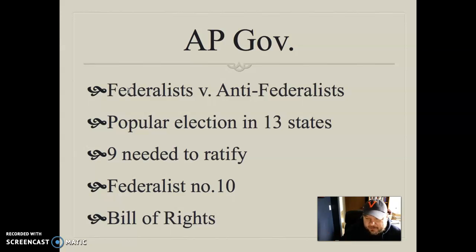Again, I should say no TVs or internet back in those days. What they did have was newspapers and pamphlets. So what the Federalists did is they started cranking out a bunch of essays known as the Federalist Papers. One of the popular ones that talks about balancing power between states and the federal government was Federalist Number 10, which clearly states that we've got a ton of interests in the United States. In order to protect the rights of the minority, meaning those that aren't on the winning side, not necessarily minorities when it comes to race or ethnic background, but people that are on the losing side, to protect your rights,